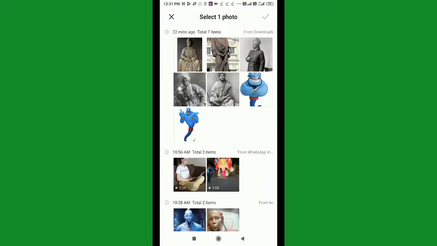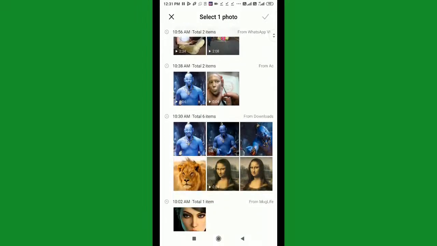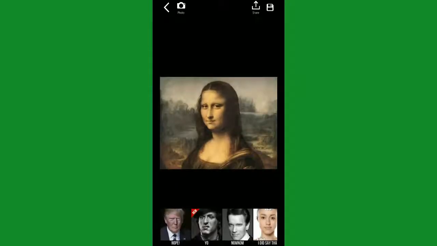Now see, we apply this effect step by step. Let me take a Mona Lisa pic. See, the animation effect is added. Whatever template you select below, the expression changes in your selected image.